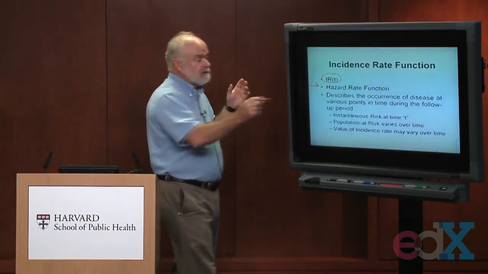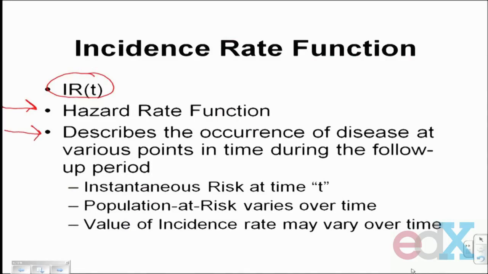And if you ever go on and take a course in survival analysis, you'll see the hazard rate function plays an important role in building survival probability curves or regression models or things like that. But whenever you see the word hazard function in a statistical paper, just think of it as an incidence rate function. What it's supposed to describe conceptually is the risk, the occurrence of disease at a particular point in time